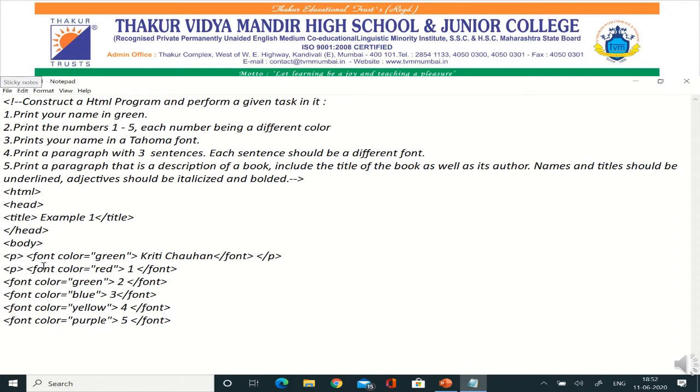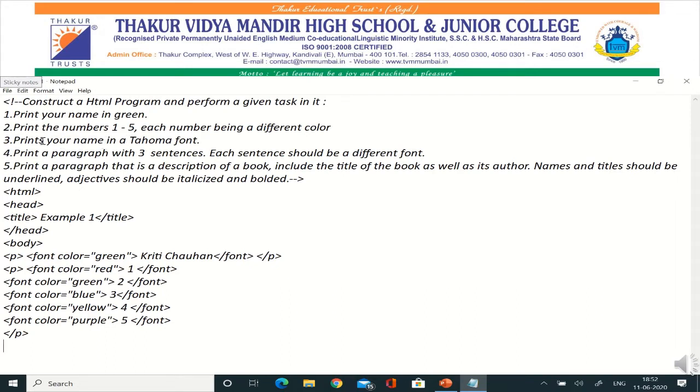Now can you see each tag I have written in a different line? That doesn't mean that on the browser each one will be visible one below the another. When you are writing the code one after the another, it doesn't mean the result will appear one below the another. Whenever you are writing any tag inside the paragraph tag, it will be counted in one line. So here I am going to close my paragraph tag.